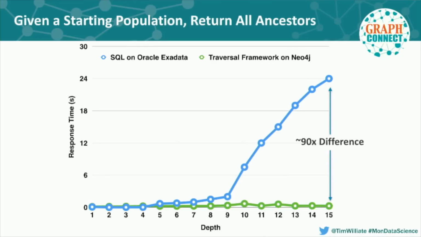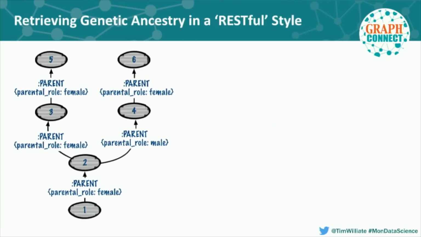So, just to leave on this, again, we didn't see a need to take this out past 15, but that's a 90-fold performance difference. So it's a game changer. Now, our philosophy on delivering data science products in our group is that it's not sufficient